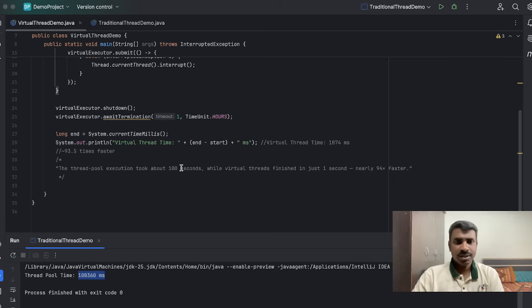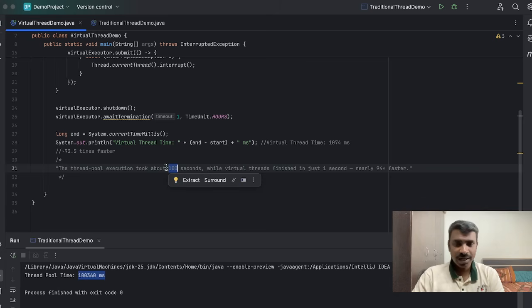This is around 93.5 times faster with virtual threads when compared with the traditional thread. If you convert milliseconds to seconds, virtual thread took 1 second, but traditional thread took 100 seconds.